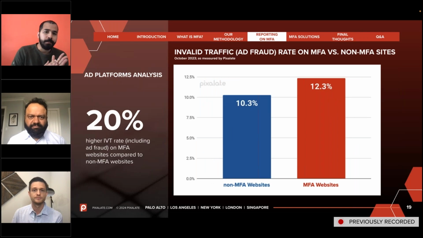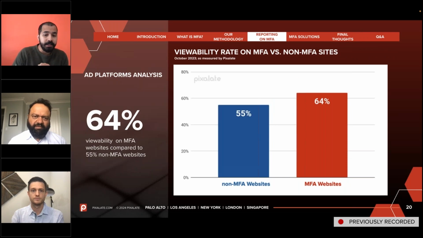Sure. Right. Let's talk about IVT, before we go into viewability. We measured IVT across MFA and non-MFA websites. We see 12% for MFA websites and around 10% for non-MFA websites, which is like a 20% increase in IVT. Moving on to viewability, we actually see higher viewability in MFA websites than non-MFA websites, which is very weird